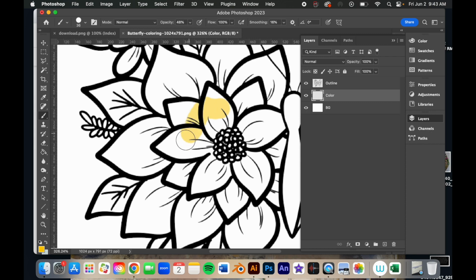So now my color will go beneath my black. You will not see that color. If I drag this back on top, you can see my colors on top of my black outline. Now I'm still having a hard time staying inside the lines. So what I'm going to do is get my magic wand tool and